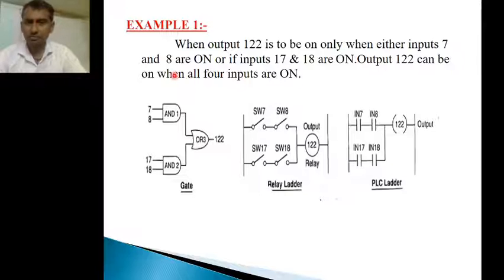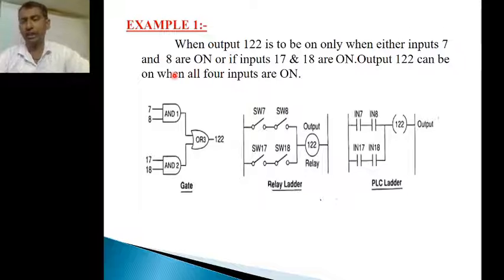That means in order to make output 122 on, either 7 input and 8 input both are on, or 17 input and 18 input both are on, or all 4 inputs are on. So either means OR gate, and both are on means